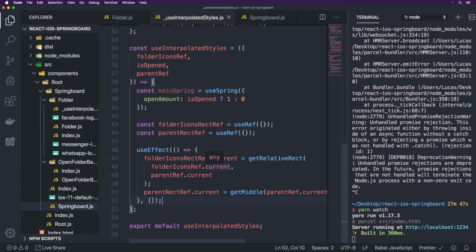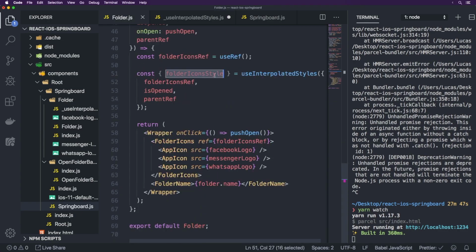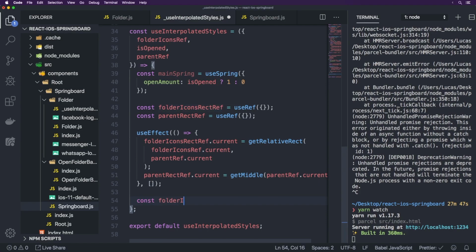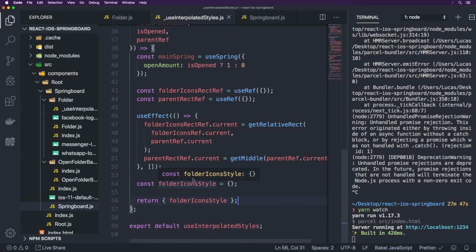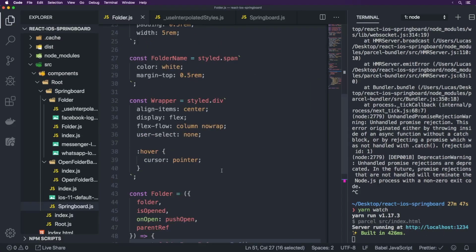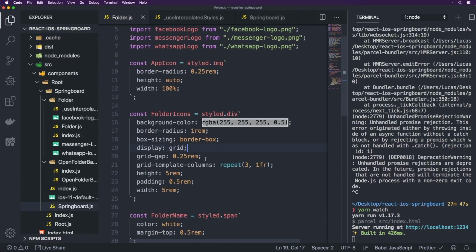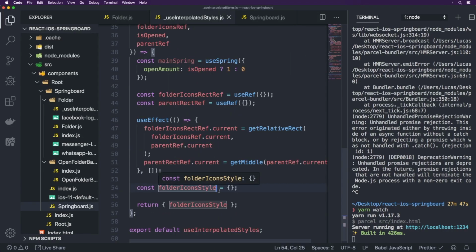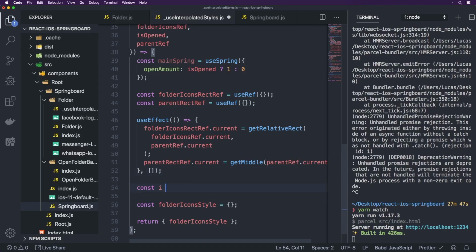So what we're going to do here is we are going to need to pass back folder icon style. So we have const folder icon style like this, and we are going to be returning that. Obviously, we do need to define some things inside of folder icon style. Specifically, we are going to be defining, first and foremost, where exactly it is on the page, and the actual height, the width, the padding, all sorts of stuff to make it flow seamlessly from a small size to a much larger size. So the first thing we're going to do here is write const I is equal to